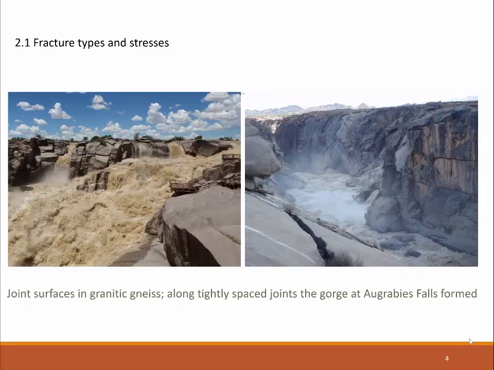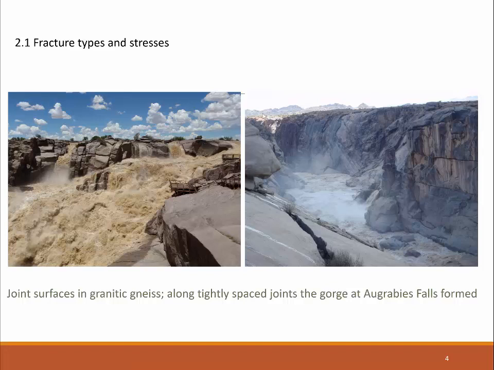Here we see some examples of what jointing can do. We see here on the left image the upper part of the Augrabies waterfall in the Northern Cape of South Africa. Quite a spectacular waterfall in the rainy season, and we see here in the background granitic gneisses that have mode 1 joints, sets of mode 1 joints. Some of them are subhorizontal. These are the faces facing upwards. Towards us a second joint set is developed, and we see here steep joints, fairly narrowly spaced here in the